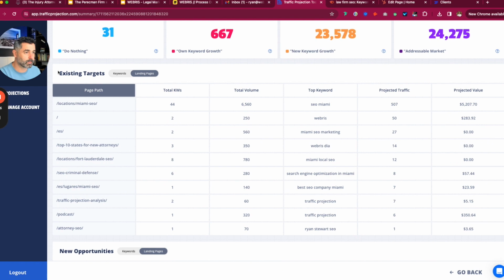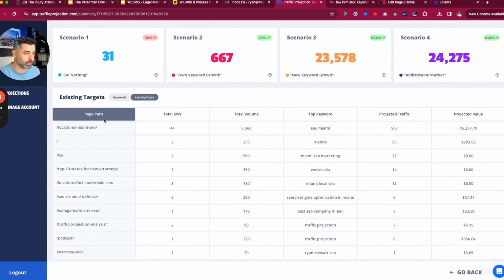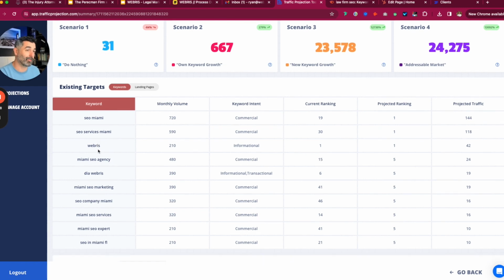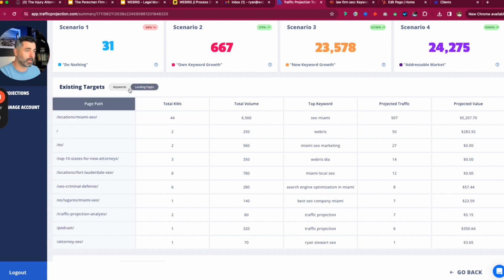We've added this table here for existing targets. So this one goes with scenario 2 here. So this says based on the total, you can either look at it by landing page or keywords. So these are your best options for existing targets. We like to call these striking distance keywords or best opportunity keywords. These are the best keywords: volume, intent, current ranking, projected traffic. And then we can do the same thing by landing page. Page path, total number of keywords that page is ranking for, total volume, top keyword, projected traffic, and then traffic